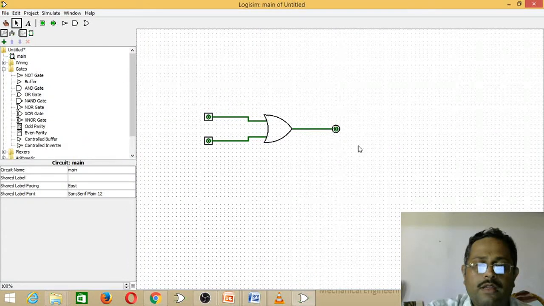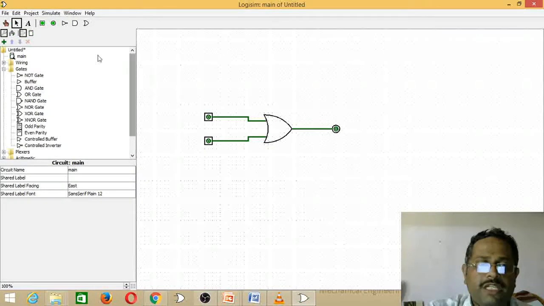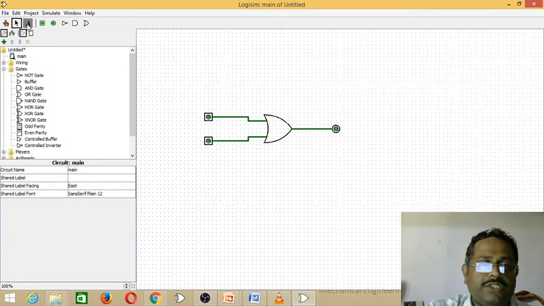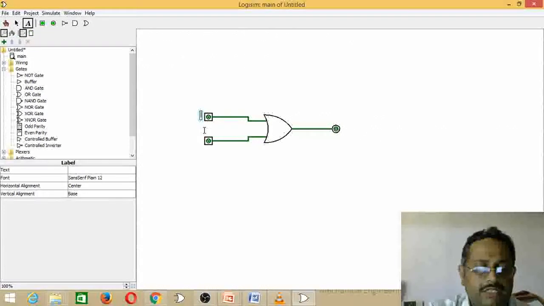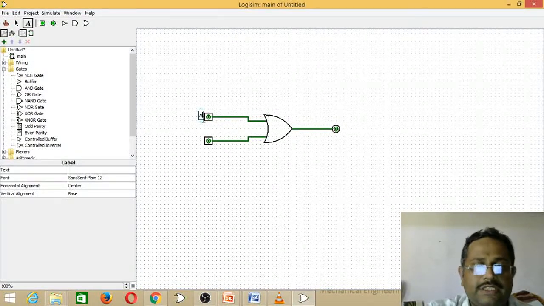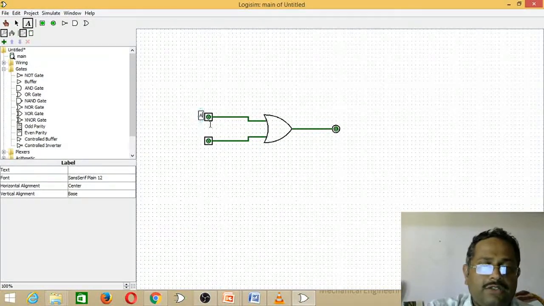After wiring is completed, we have to label it. For labeling, we use the text tool. Just click where you want to label, type the text, and then edit it to increase the size.